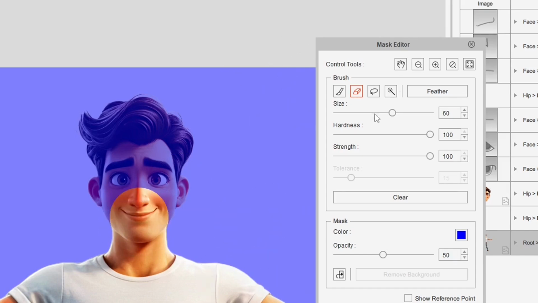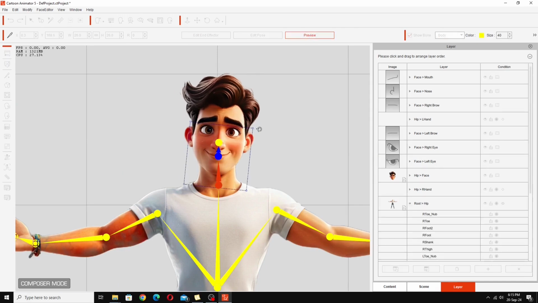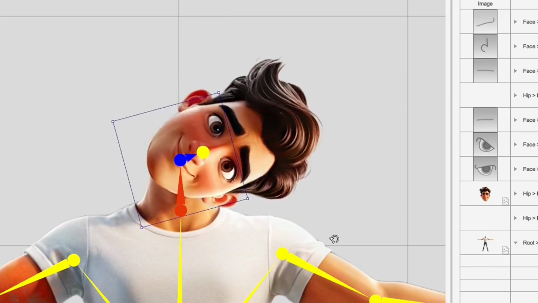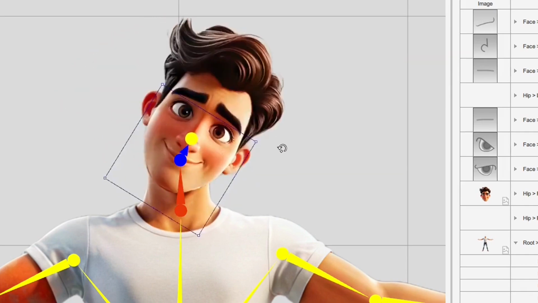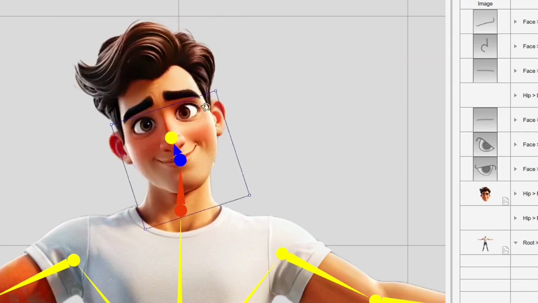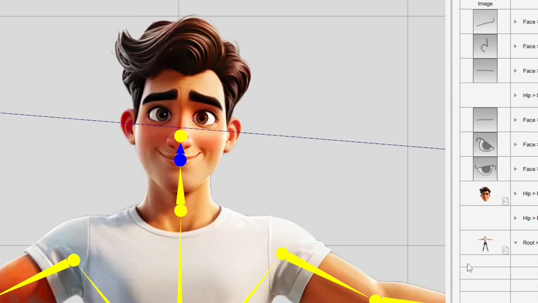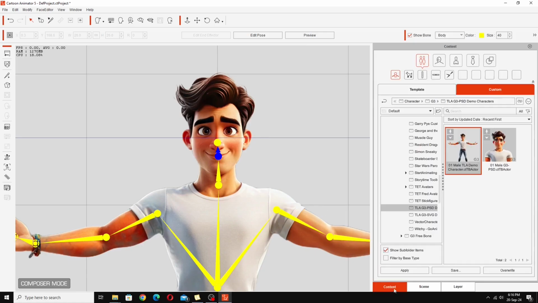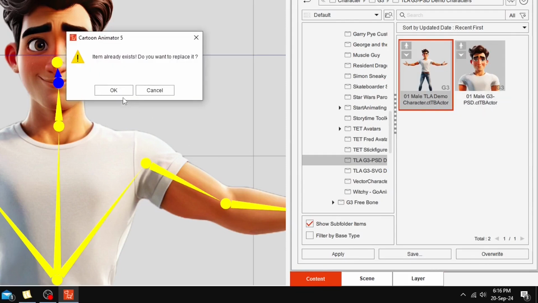So don't need to do anything else here. Close down the mask editor, and you'll see now when we preview and move the head around, there's nothing behind it, and you can see because the head nub is still attached to the neck, it's having an effect on the neck when we move this, so that we're not seeing anything behind there. Now that we've done that, I'm going to go back to content, hit save or overwrite this character,